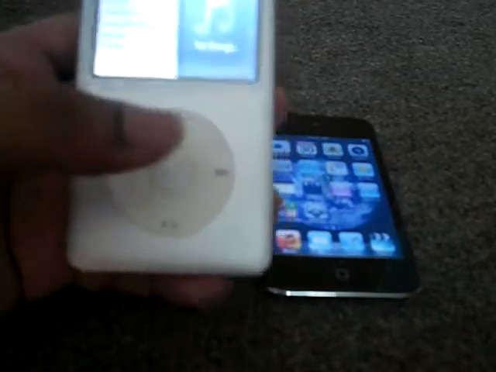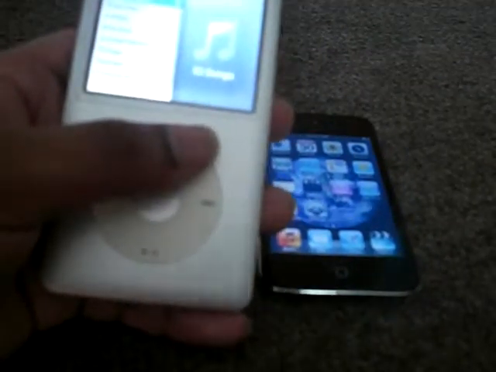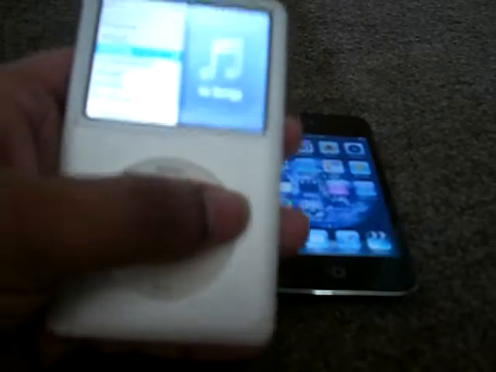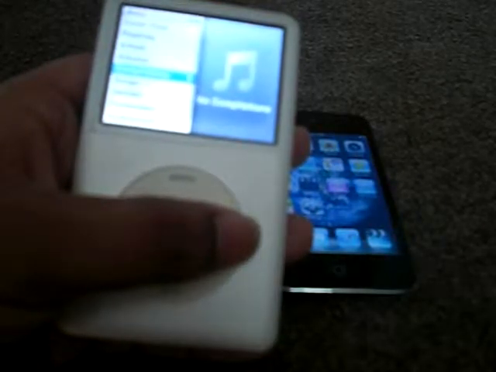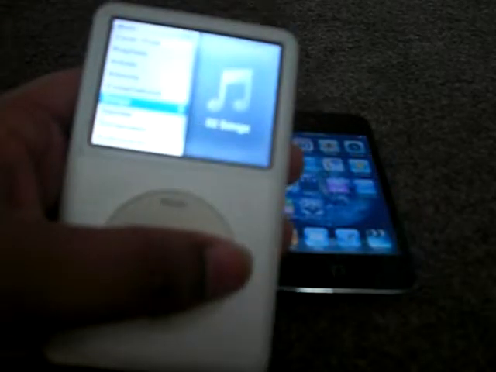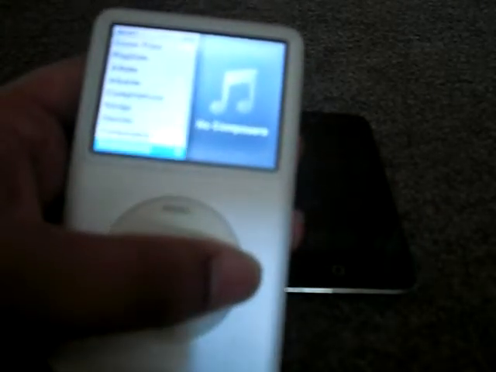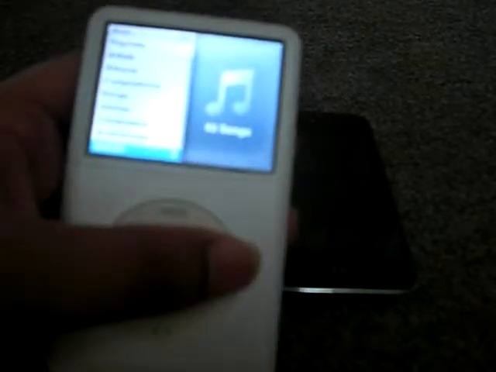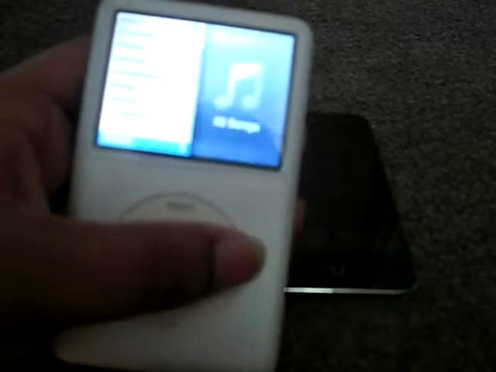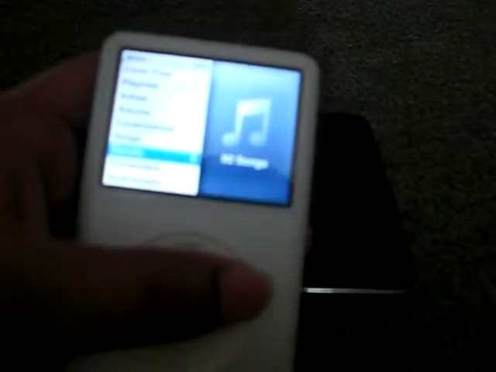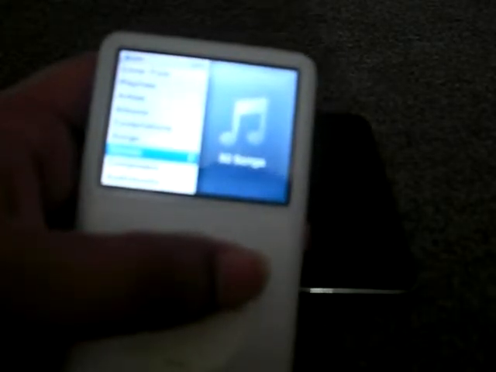Now, the iPod Classic's music section has 10 sections such as the cover flow section, playlists, artists, albums, compilations, songs, genres, composers, audiobooks, and as well as the search section. Plus, the cover flow, playlists, artists, albums, songs, and the genres sections would tell you how many songs are in the music section on the iPod Classic,